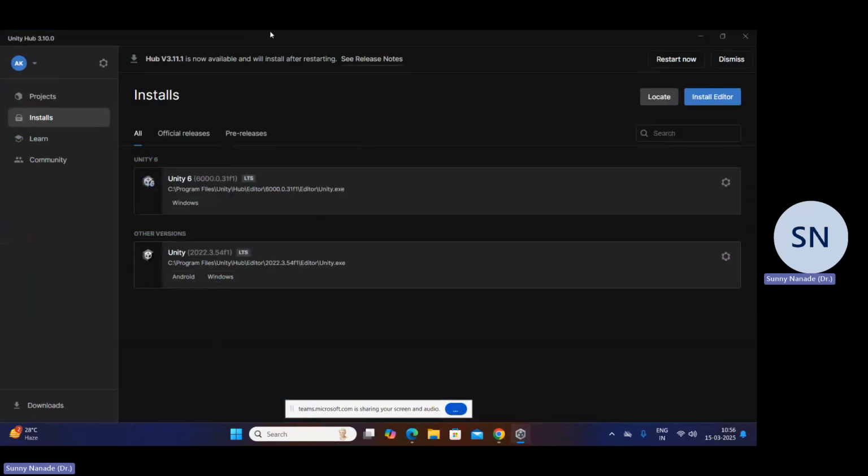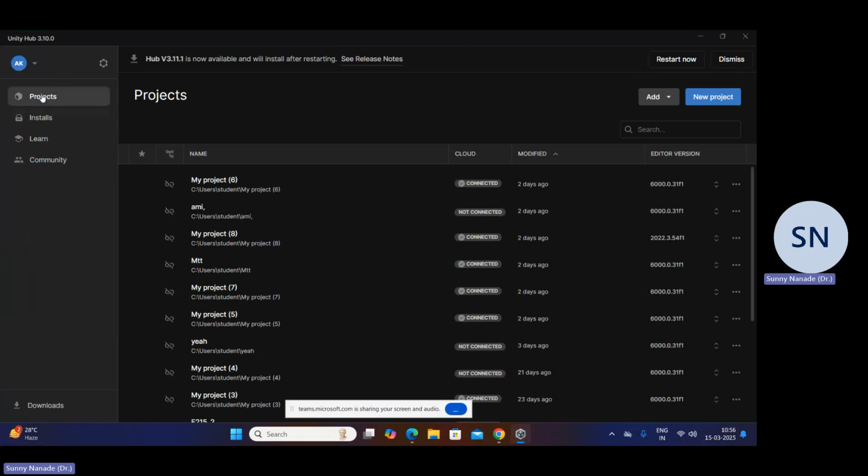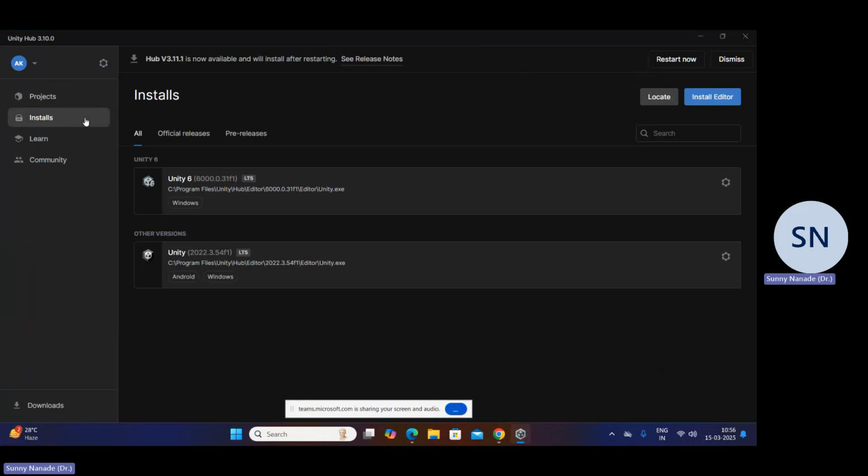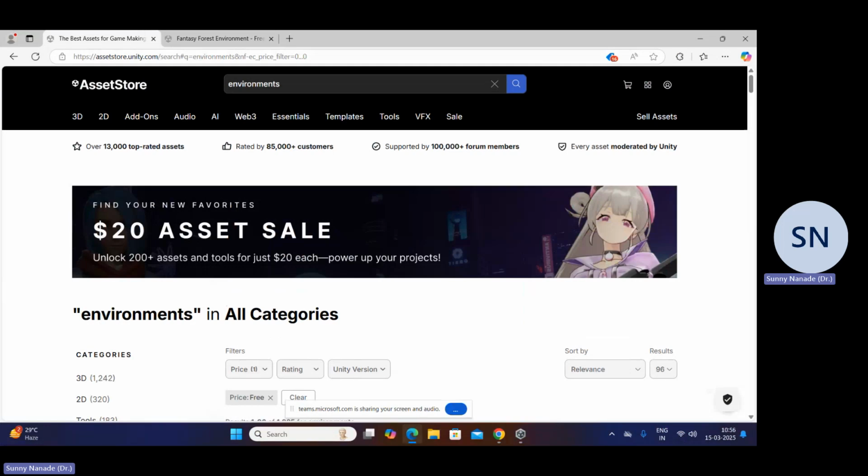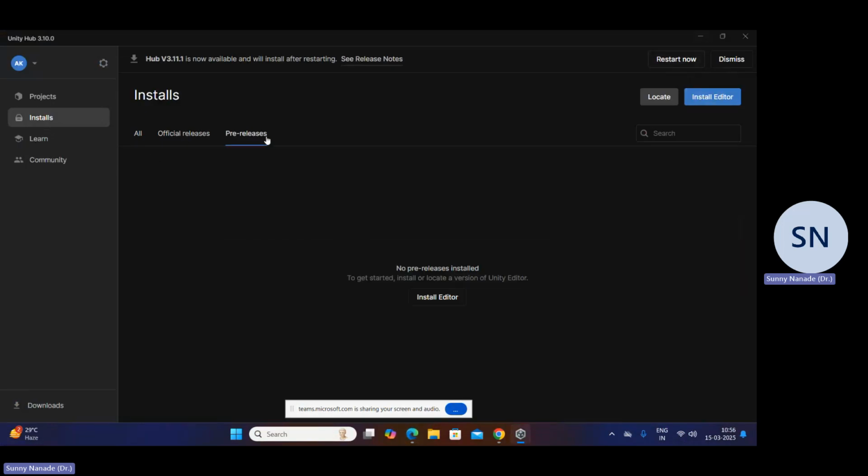Now in Unity Hub, the very first thing is projects. Projects has two tabs, add and new project. If you have a project on a disk, you can anytime click and add. As of now, I assume you do not have anything, so let us create a new project. In installs, we have locate and install. I always recommend you install the Unity Editor from install editor only. Do not download individual components. What do I mean by this? Here, say if you wanted 2018